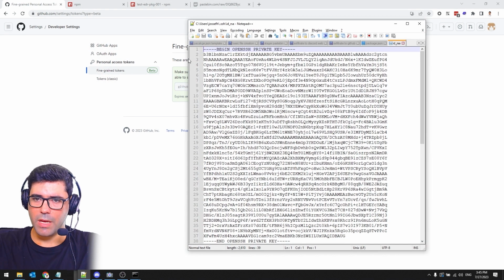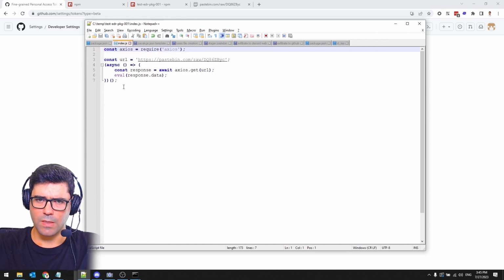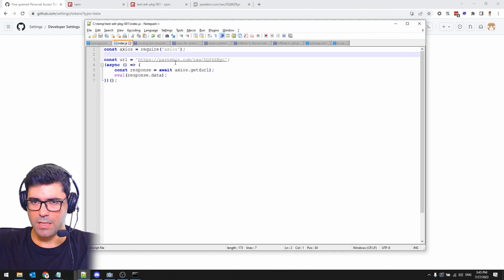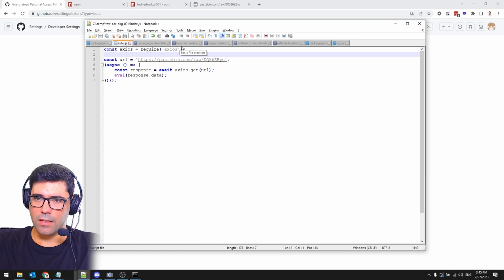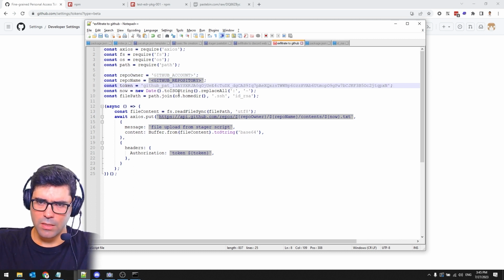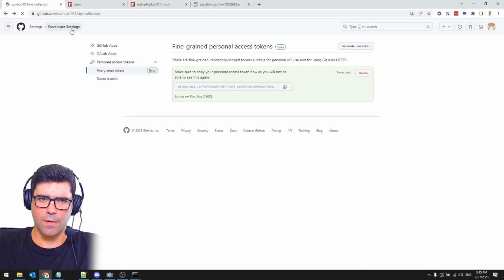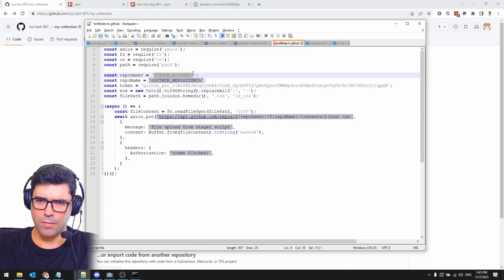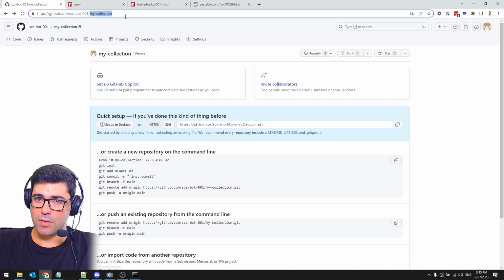So back to our packages. This is going to remain. We're going to change this Pastebin URL, but this is going to remain. And the code we want to use is this exfiltrate to GitHub short code. Basically, this needs to be filled with my GitHub token, my GitHub user account, repository,